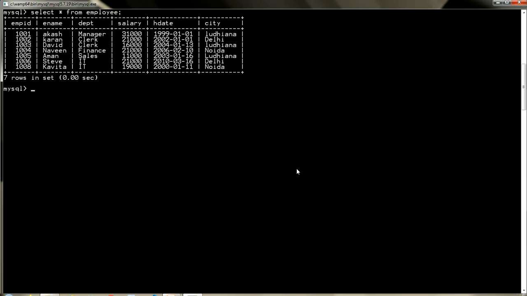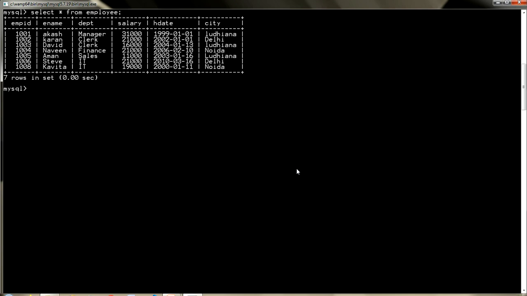So now we have the same table employee. Now you can see here I give you a situation. For example, I want to see the data employee name and their salary in the descending order, which means the person who has the highest salary, their record should come first, and after that the one whose salary is lower, and then so on. So in descending order, I want to see the record.